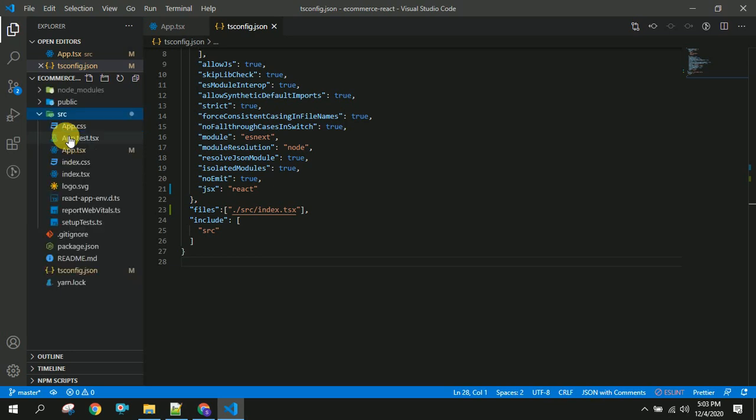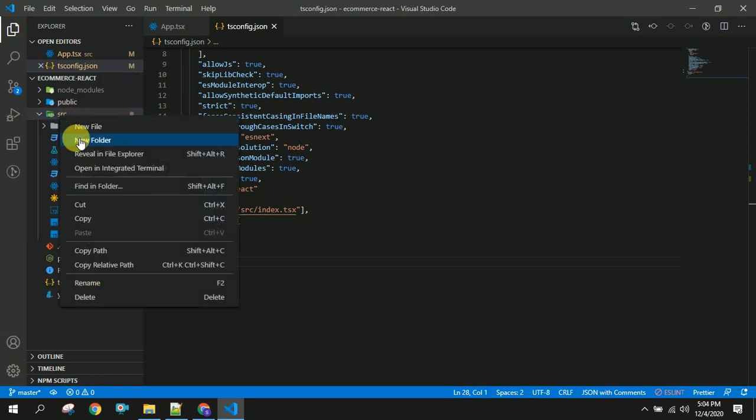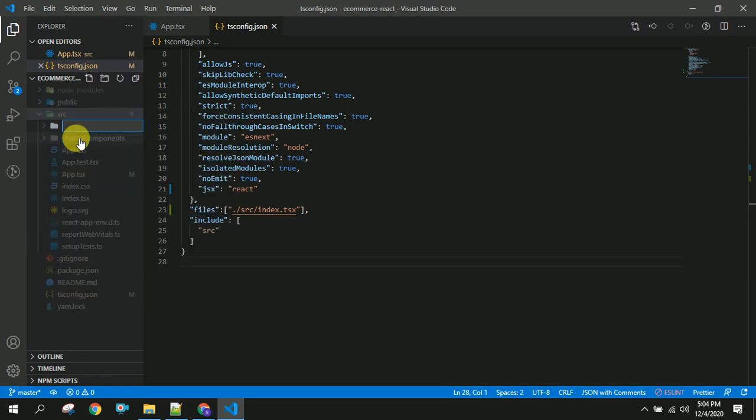In this shared components, we will be writing all the components whichever we are going to create, like login or admin, products, categories, like that. So the next folder is components. In these components we are going to create these admins and login, products, categories.